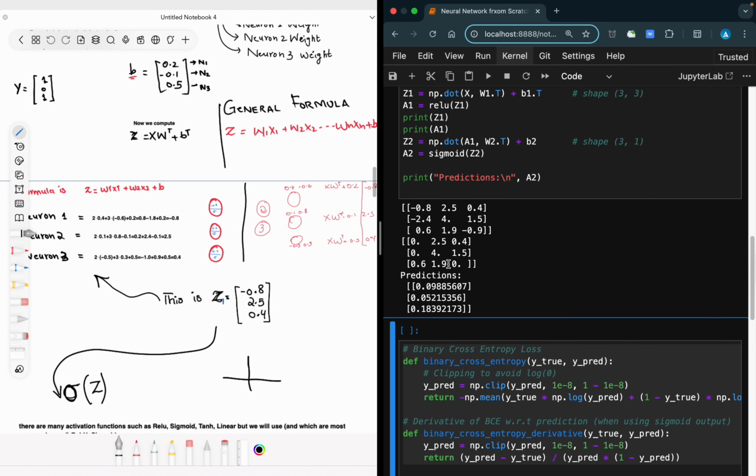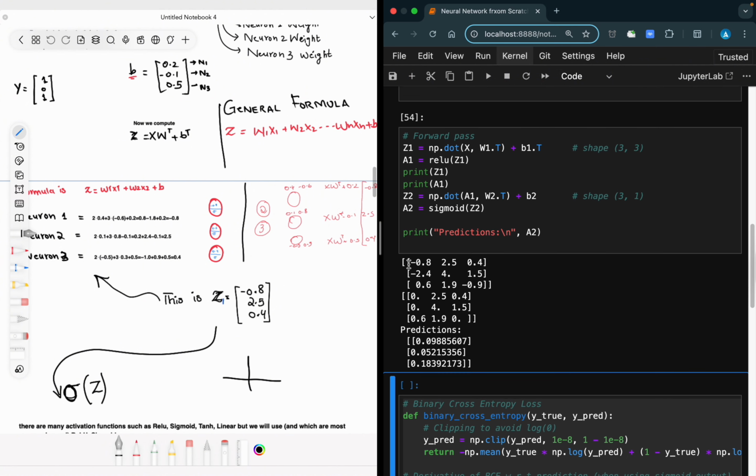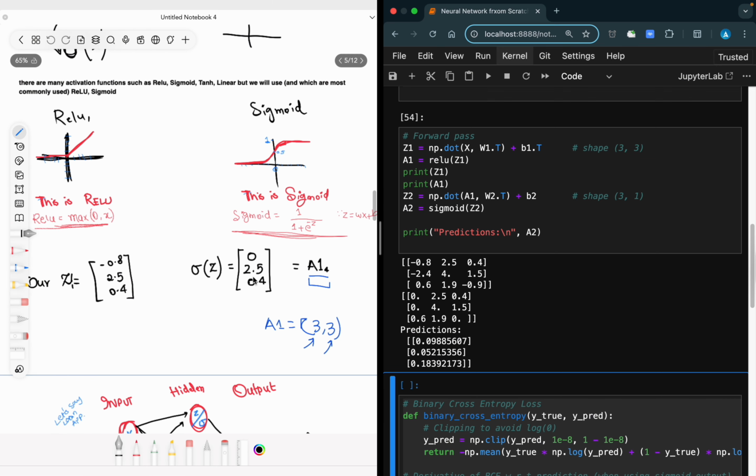So as you can see here, sample one has minus 0.8, same as this one, 2.5 and 0.4, which matches our previous example. And for the activation function, you can see that it is 0, 2.5 and 0.4, same as this one, right? So these steps mirror what we did manually. We did the matrix operations, activations, and then